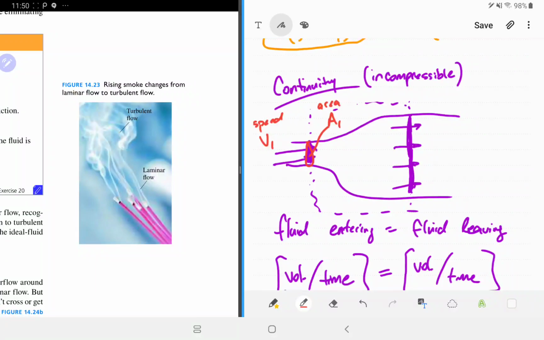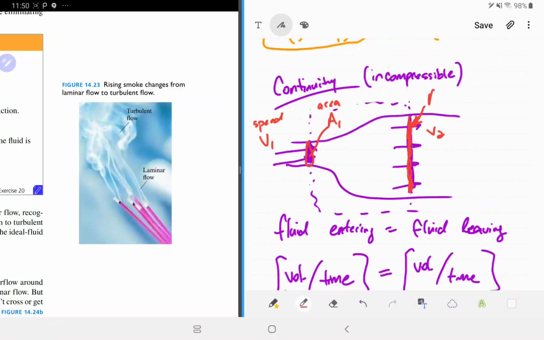In other words, the fluid is moving from left to right. There are two dimensions that are perpendicular to that, and the streamline is going to define some area right there. So that whole area is A1. And then we can define similar things over here. We have V2 and A2. So this whole area right here